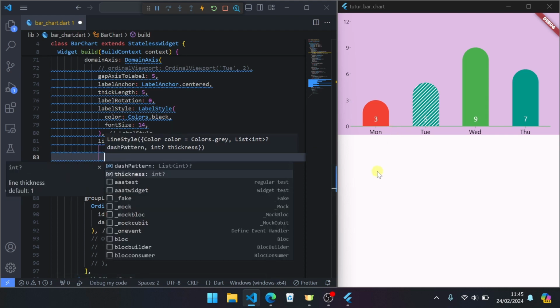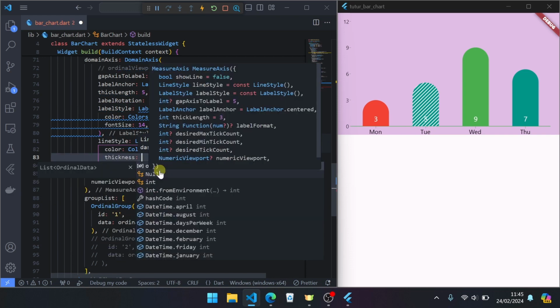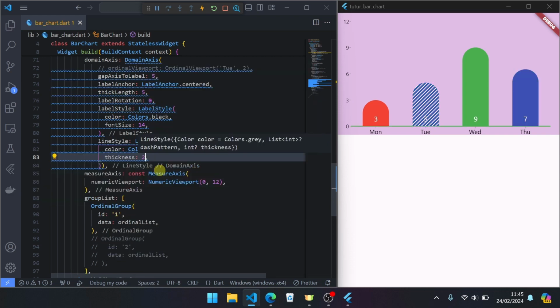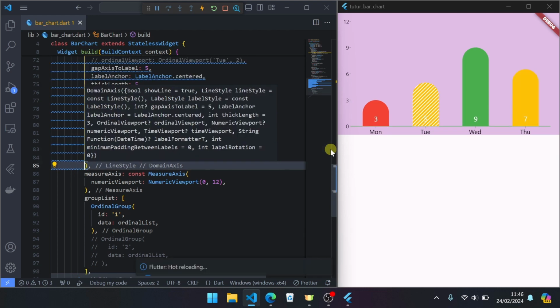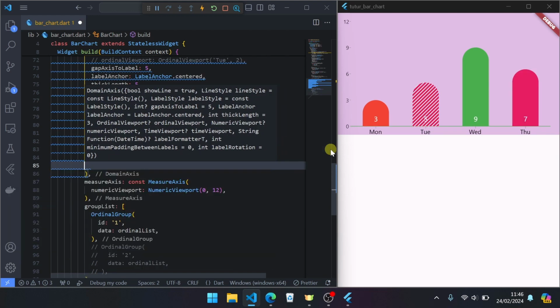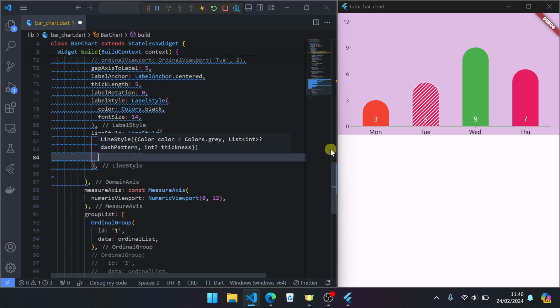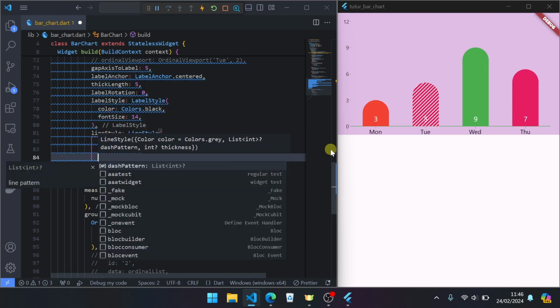Then for thickness, default 1, 2, or more thick, like 5, like this. Go back to default. Next, dash pattern